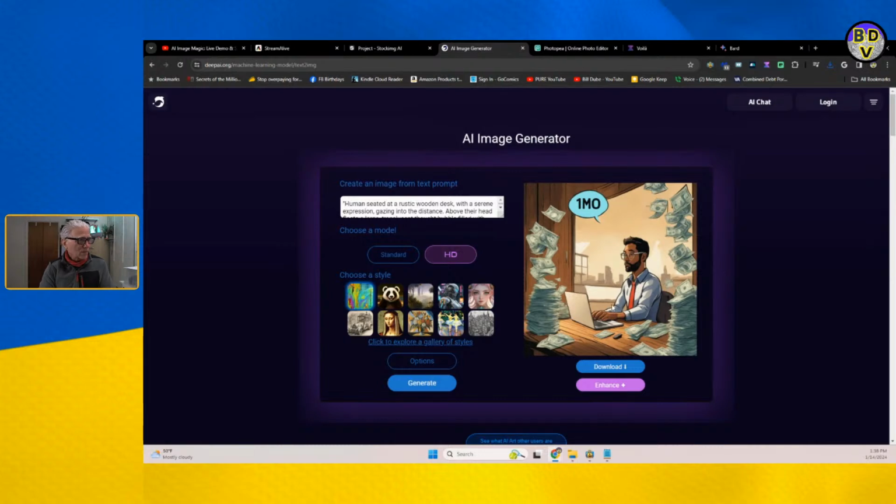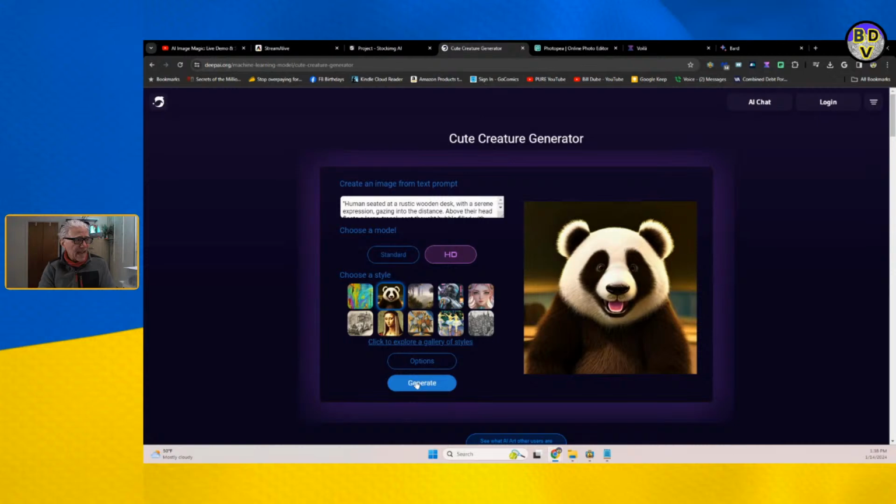One more. See, this is what we all dream about, is all this money. And Deep AI is really cool. And another thing that I would recommend when you try out Deep AI or any program for that matter is go through each one of these guys and just hit generate, especially if you don't have to pay credits. And even with Airbrush, which I do pay credits for,